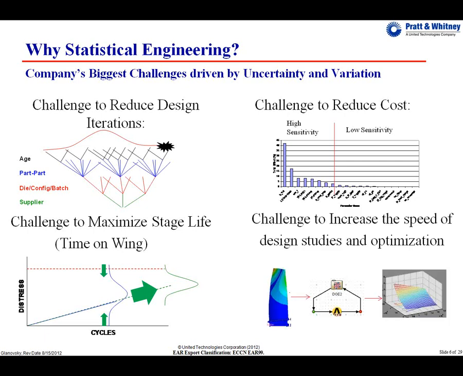And the last challenge, increasing the speed of design studies and optimization. As computers become more and more powerful, we're trying to get things done faster and faster. But the same things that make us really good designers, having complicated models that very closely emulate the physics that take place out there in the real world, models that we've been working on for years, can be what works against us. Some of those models take days or even weeks to run through one single design. Is there something statistics can offer to help us shorten the time it takes to use a model? Maybe some kind of a shortcut around the model. That was another area that we could explore.